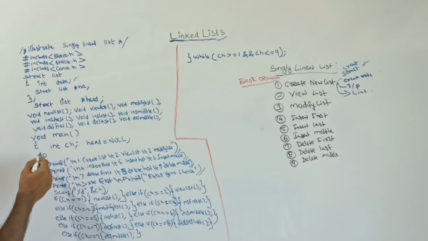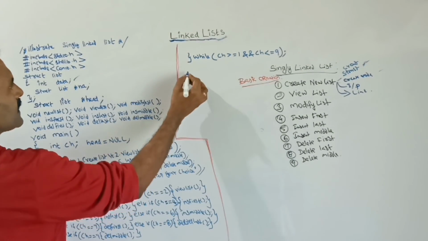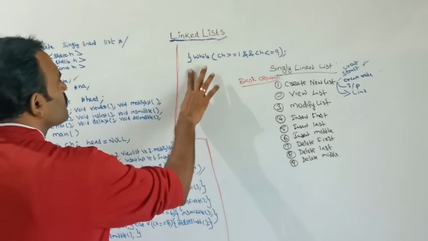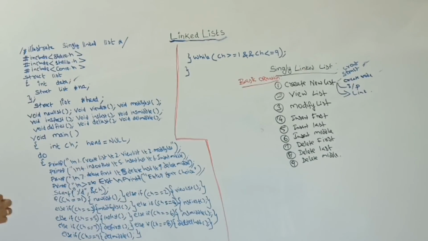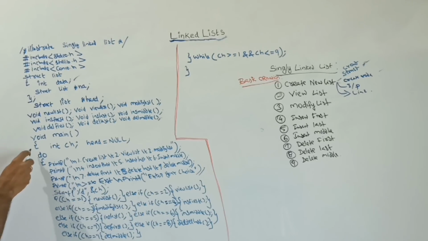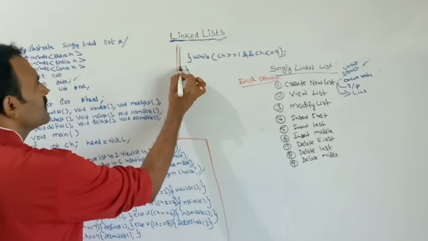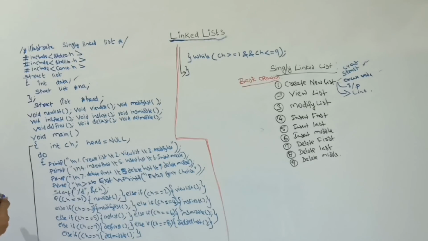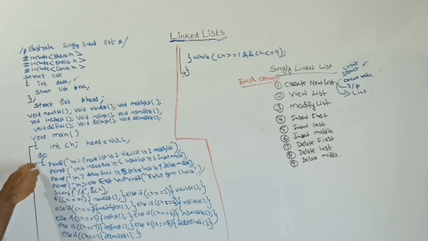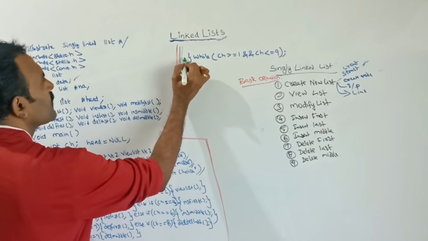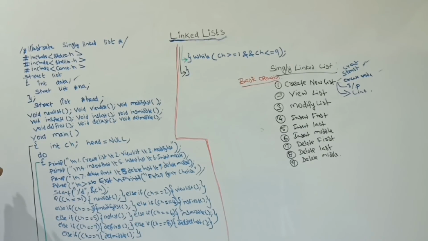Up to this, I had completed this while loop. Next, this is the main function's close brace. This main function starts here, and I am closing that main function here, the close brace is this one. Next, this is the do while loop open brace, and I am closing this do while loop here. Next, this structure open and close. Up to this is the main part.